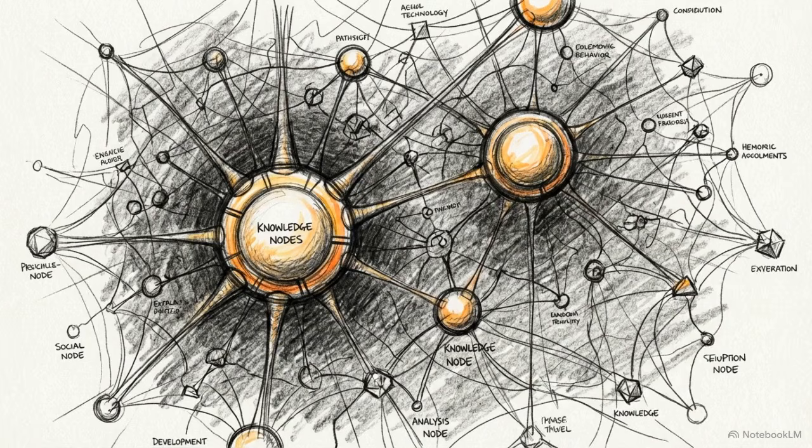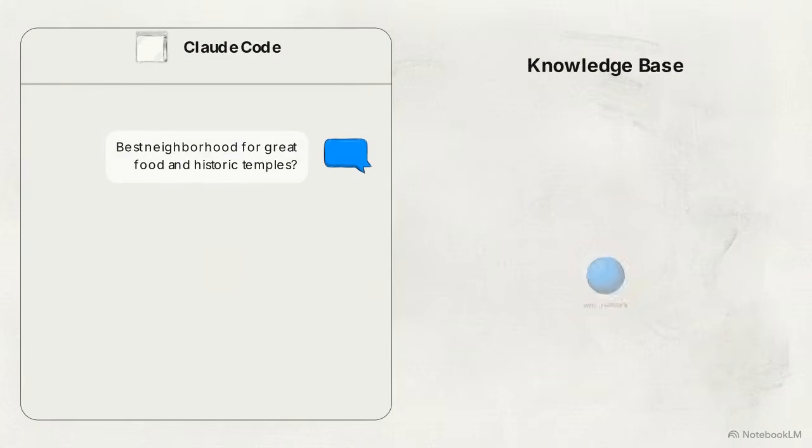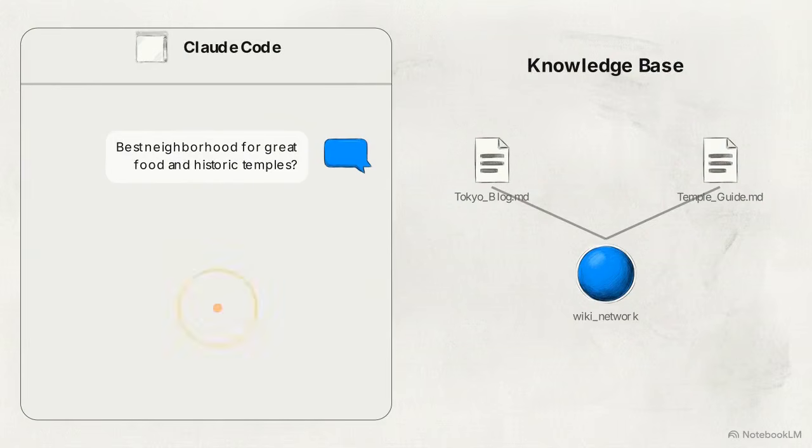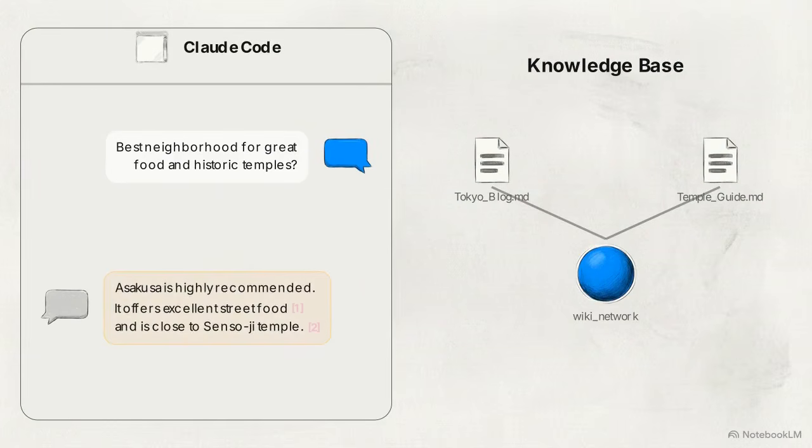This is compounding knowledge. Every new document you provide makes the entire pre-existing database more useful. You can now ask Claude a complex question, such as which neighborhood is best for someone who wants both great food and proximity to temples. Because the AI is pulling from its own pre-synthesized wiki pages, it provides a cited answer without needing to rescan